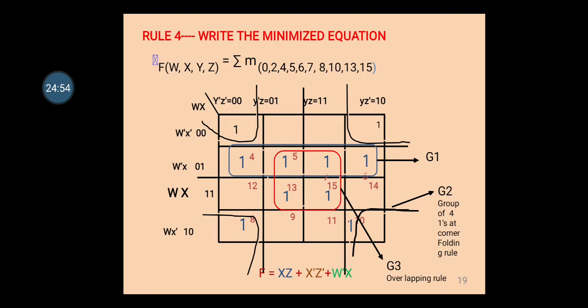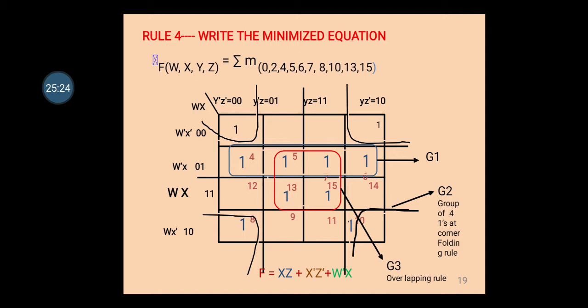Now we will come for rows. In the row there are two rows, W and X, that you have to check. First we'll check for W. First W is 0 and then W is 1. It is changing, so not allowed. We are not going to write it. Then we will check for X. First X is 1 and next X is also 1. Both are the same, and therefore we are going to write X. So the final equation is X dot Z for group 3, which is written in blue.